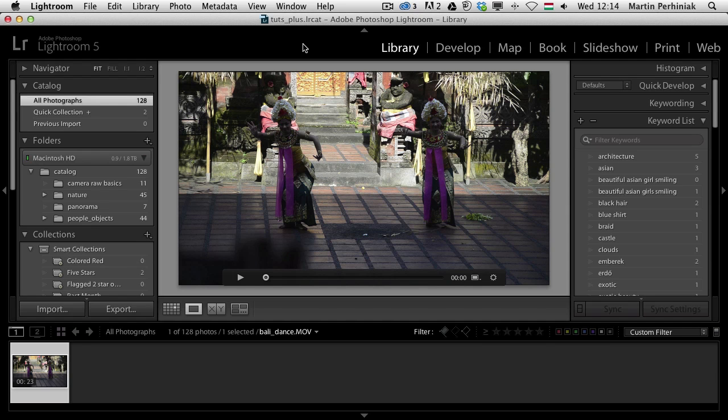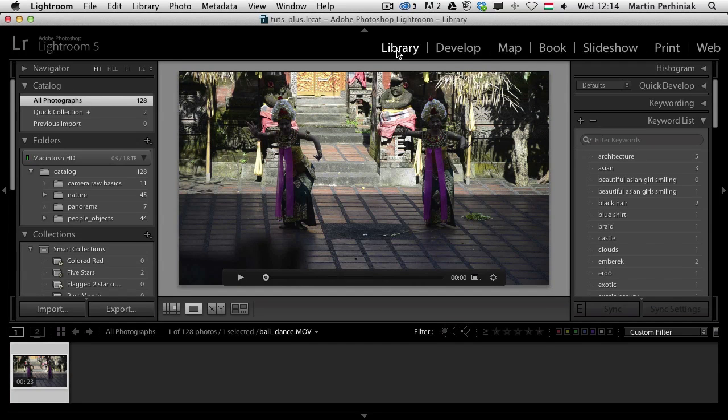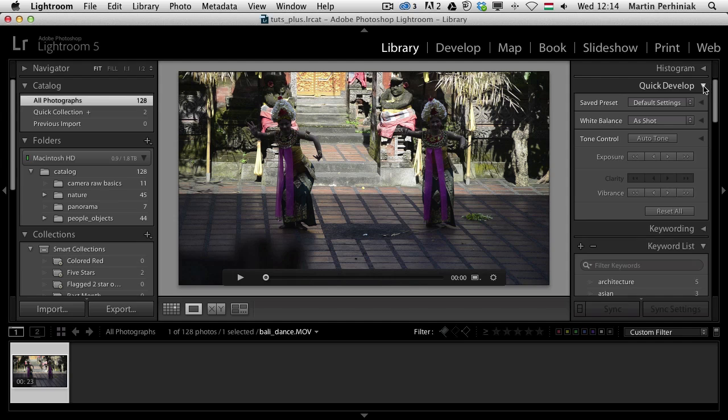Lightroom can be used to edit videos as well, not just photographs. And it might look difficult to do that, because whenever you go to the develop module, where you usually edit your photos, it will say video is not supported in develop. But still, you can go back to library module and use the quick develop options instead of using the develop module. So you can't do everything that you can do with photographs, but there's still quite a lot of options,